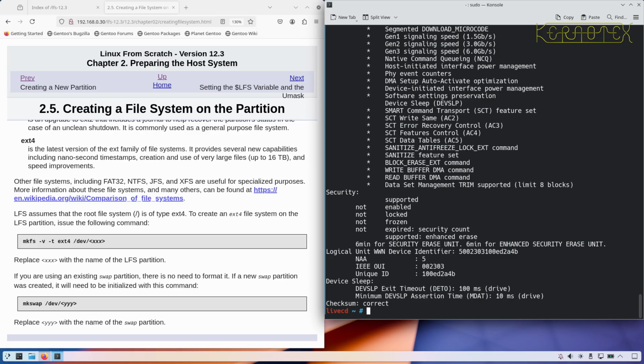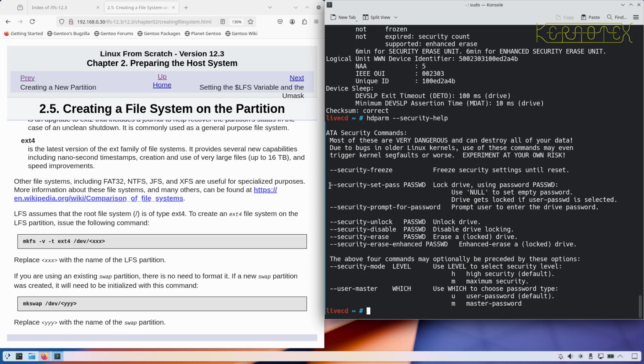On Dell machines in particular, and I believe some other manufacturers, but I know for a fact Dell have always been like this, the BIOS does lock the drive, or sorry, not lock it, it does freeze the drive. So if you were on a Dell and you did this command, there wouldn't be the word "not" there, it would just say frozen, in which case what you need to do is, when you've done the command and you've got the error, so if I do the actual command to start this off,